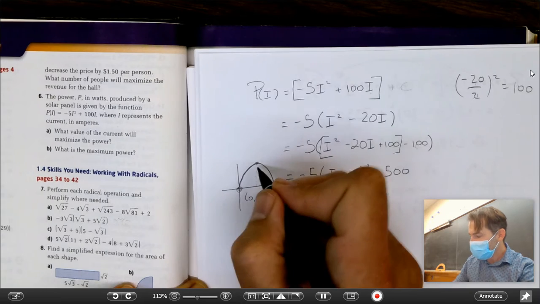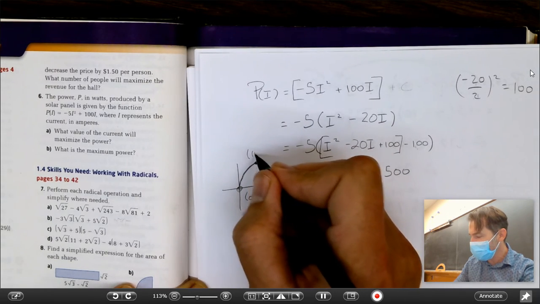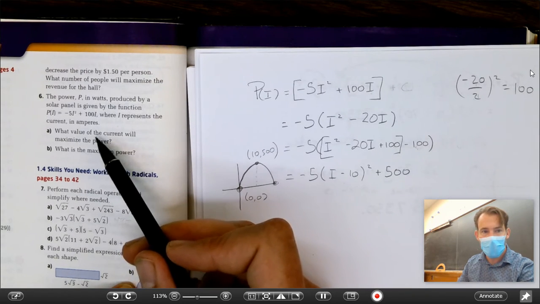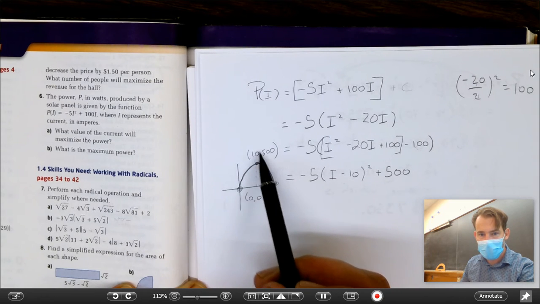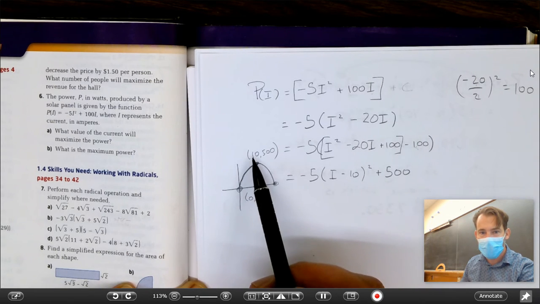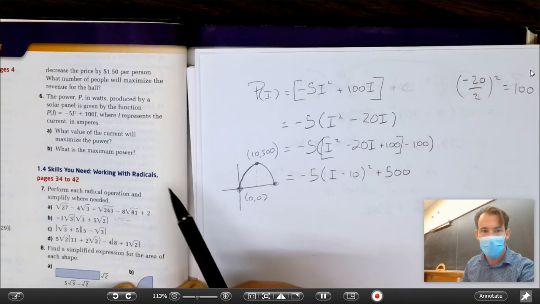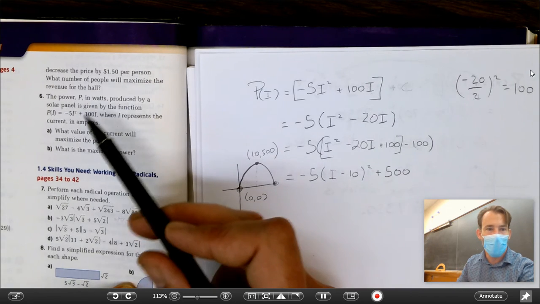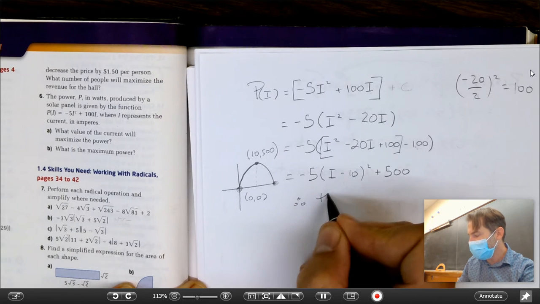Sure thing. This tells me that this point here is the point 10, 500, and that tells me the answers to A and B. The value of current that maximizes the power is 10, because I represents current and 10 is the vertex, and that's the maximum value for this parabola. The maximum power is 500. That was 500 watts, right? That's 500 watts of power. Therefore, the maximum power